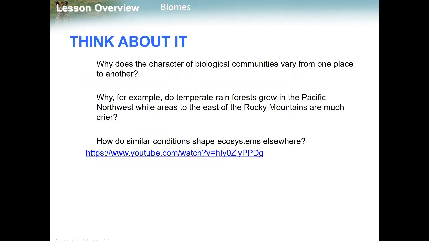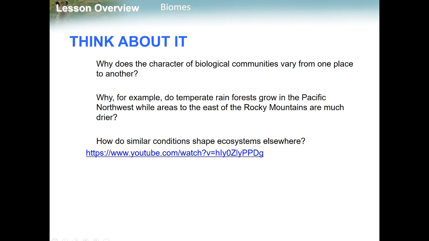Okay, so one of the things that we started to talk about when we first started this chapter were the levels of organization, and we started out with an individual, then we went to a population, then we went to a community, then communities together made up the ecosystems, and then different ecosystems with similar climate, similar plant vegetation, similar animal species, they make up what is known as a biome.